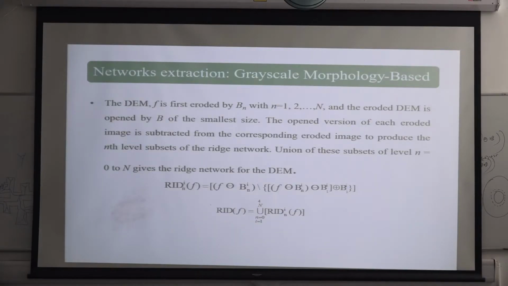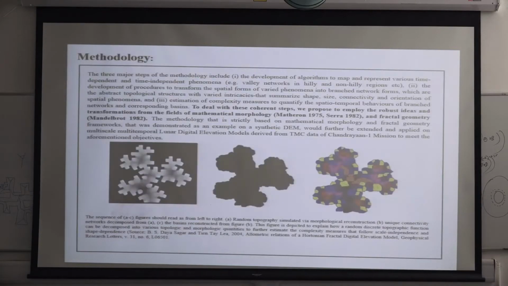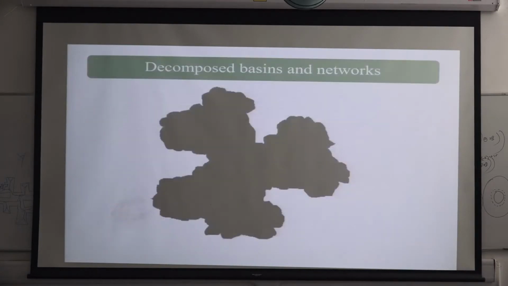Finally, to compute the skeleton, that is an explanation of the algorithm that I have explained. And you look at here, this is already shown. There are green lines and blue lines, not quite visible, but I believe they are visible here. All green lines are the valley connectivity network. Blue lines are the ridge connectivity network.